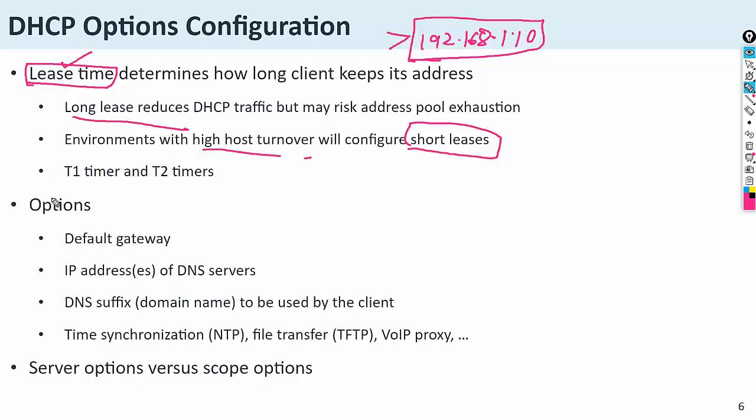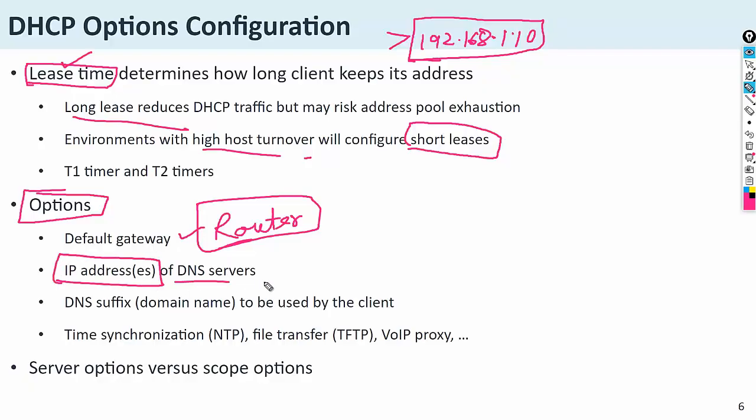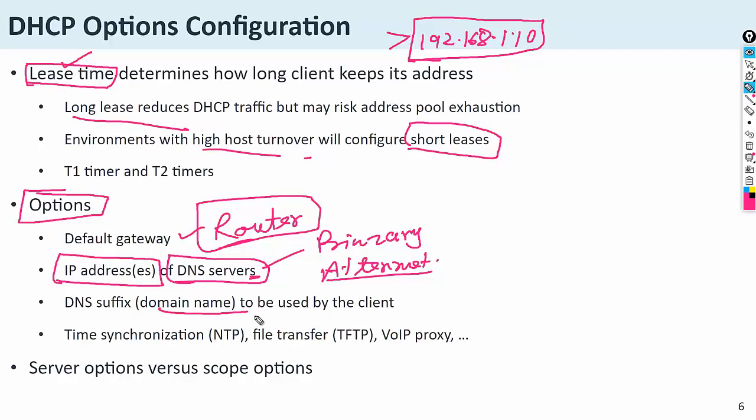And another option which can be enabled inside the DHCP configuration is the default gateway. All of you know the default gateway is the IP address of the router. Then the DNS servers. It is written with an S because there are two DNS servers, a primary and an alternate DNS server, and the DNS suffix domain name, if available, then you can provide it.